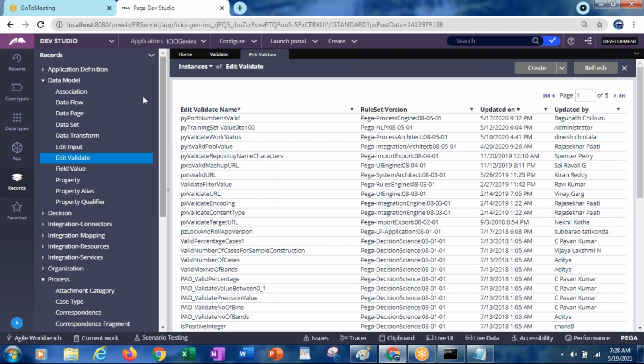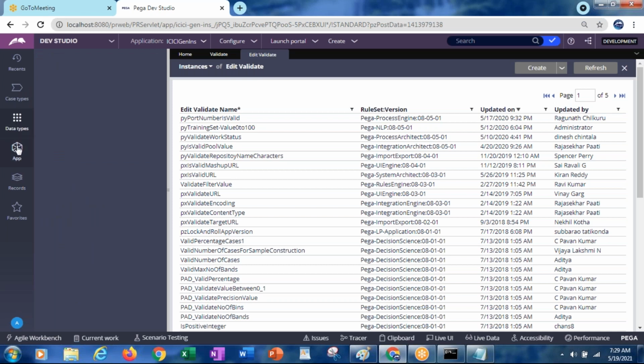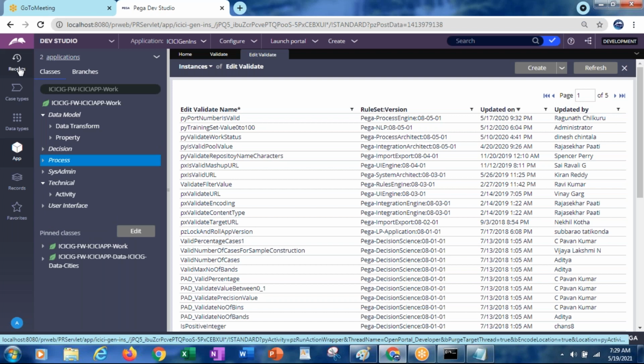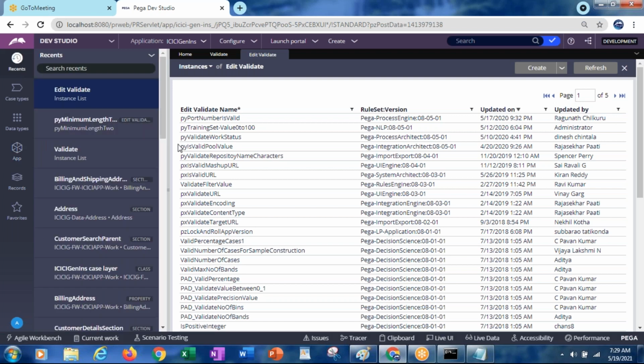Now what we will do is apply some validate rules and see how exactly they work. Under the data model, first of all, what is our flow?